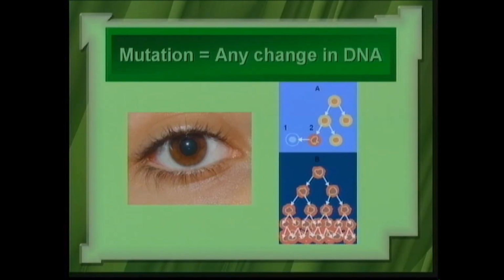Another thing that people have is freckles. Freckles is dominant to having no freckles, but there are more people in the population who don't have freckles than do. So just because a trait is dominant doesn't mean that it's the most widespread of the types in the population. If we go back to the slides right now, the PowerPoint,